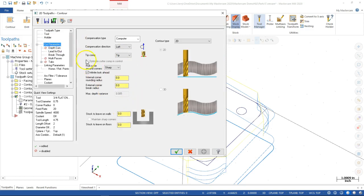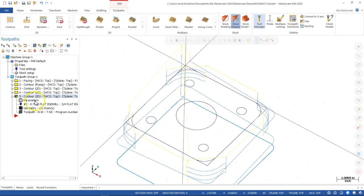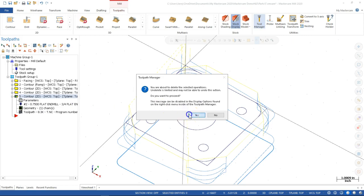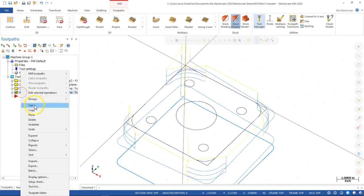All right, cut parameters. We're on the wall. So I hope I copied the right one. Going to find out in a minute. Lead in, lead out. Nope, apparently I did not. So whichever one was checked, since I did that one last, and the indicator was that I didn't have that wall definition. So delete, yes. All right. So when I go to do the copy, I need to make sure that that folder is checked. Otherwise, whatever folder is checked is what goes into the clipboard. That's what gets pasted. Okay, we copy,